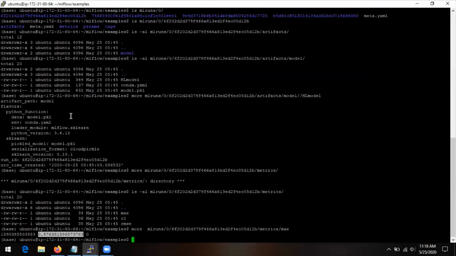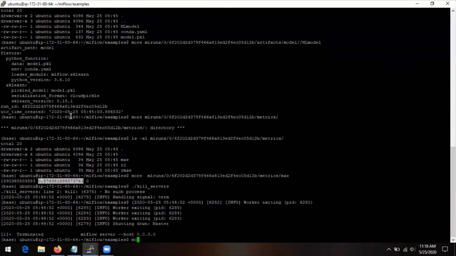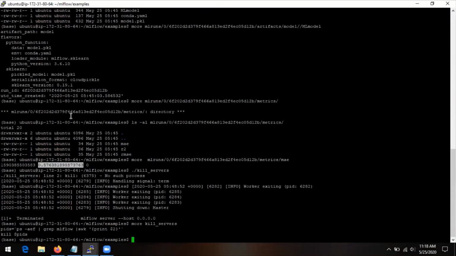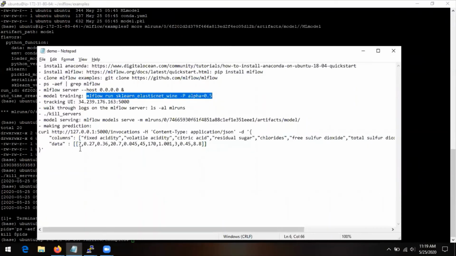For serving the model, we are going to run it on the same port 5000. So for that, we'll kill the servers that are running. This kill servers is just a handy script. I'll show the script. It is basically grepping all the running mlflow processes, printing the process ID, and killing those processes. Now, once I have killed the mlflow servers running, I should be able to serve the model on that same